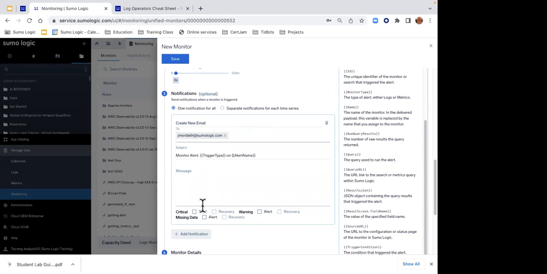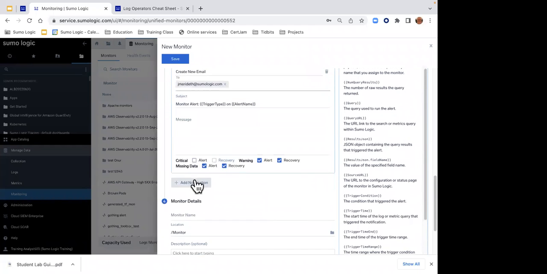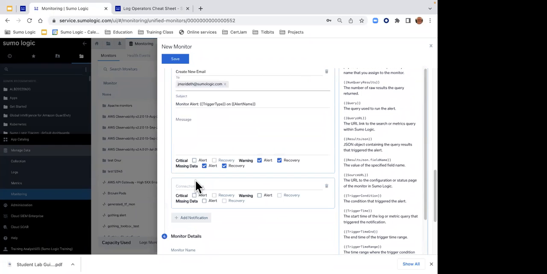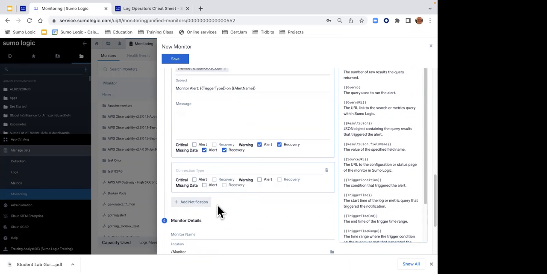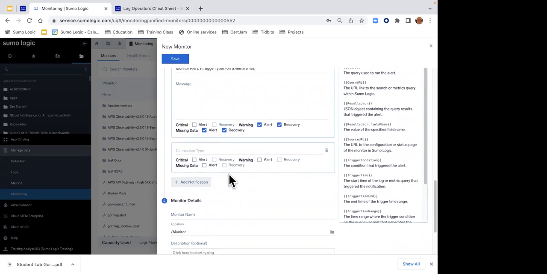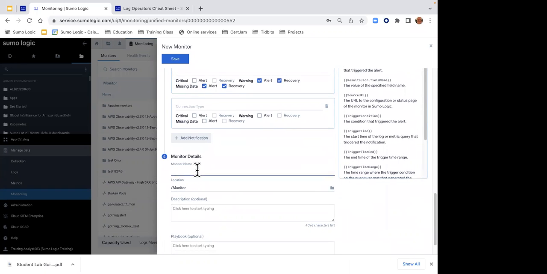Okay. And then I decide when I want this email to fire. Do I want it to fire when we've got a missing data alert and recovery? Or do I want it to fire when we have a warning and recovery? I define the criteria. Now, again, I might have a different notification. I may want to send something to PagerDuty for somebody. Or when things are probably at a warning level, I probably want to notify a couple folks. When things are at a critical level, I want to notify a lot more folks, whether it's through email, through PagerDuty, whatever. So you define this information, you go down here, give your monitor a name,